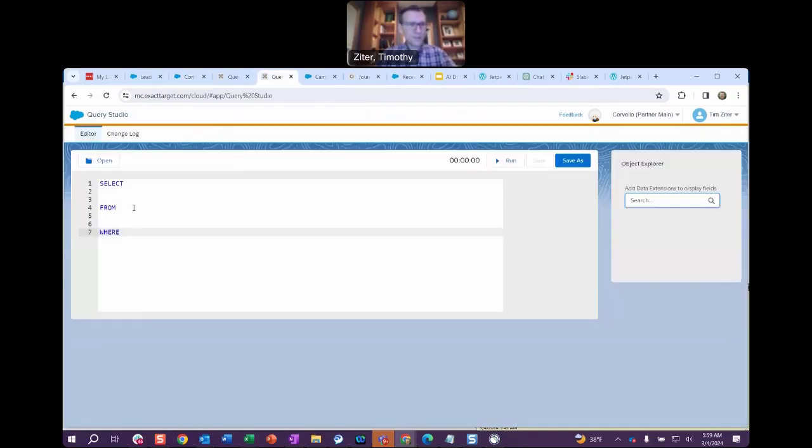Okay, and then that's going to be our from statement. We'll call that as E. And the next thing we want to join is the interaction summary data extension. Because ultimately what we want to output from this query is the interaction summary record with a particular rank that we can identify in this other query. So let's join that